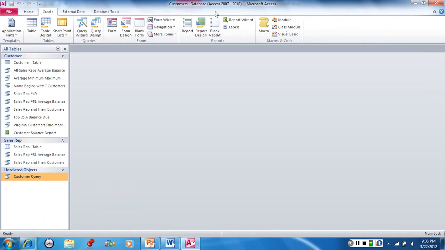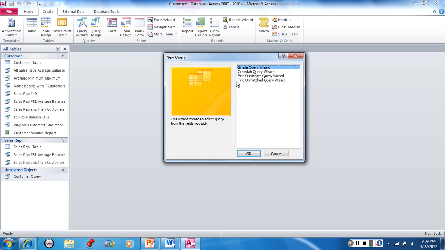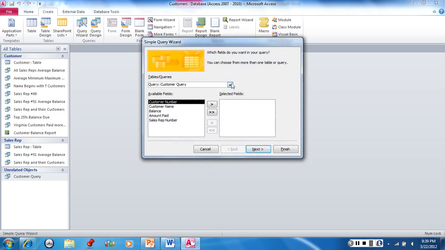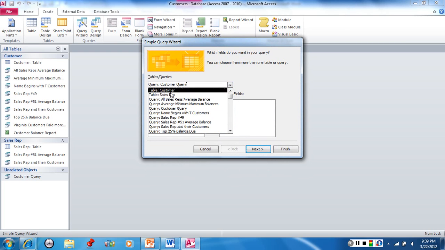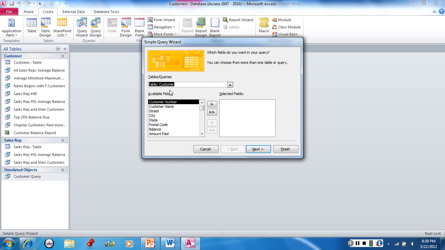On my ribbon, I'm going to click on the Create tab. Let's do the Query Wizard. This is a good example of using the Query Wizard one. We'll always accept Simple Query Wizard. Click OK. And drop down your arrow and go to the Customer table. And from the Customer table, we need the fields